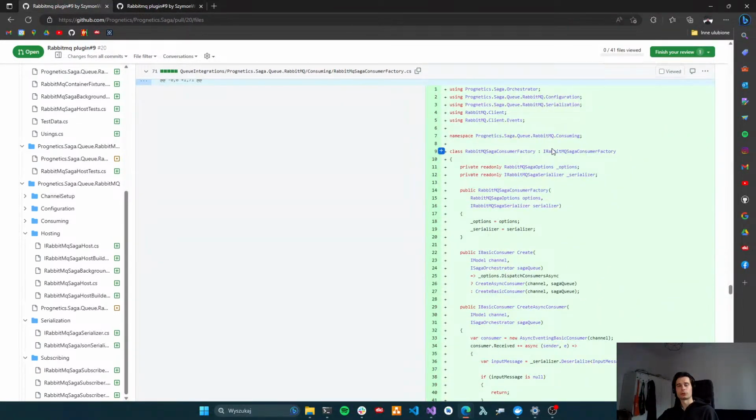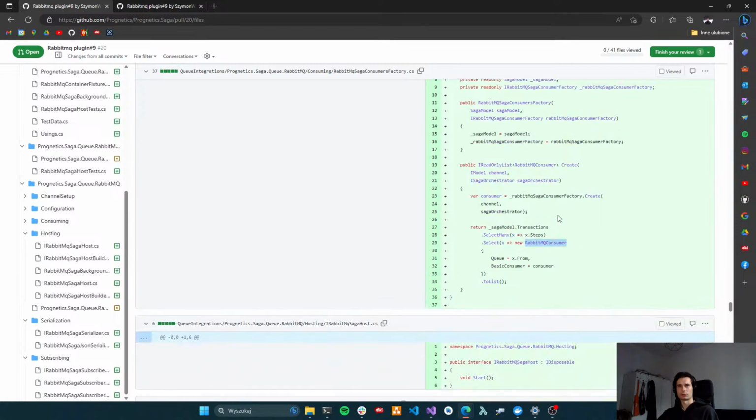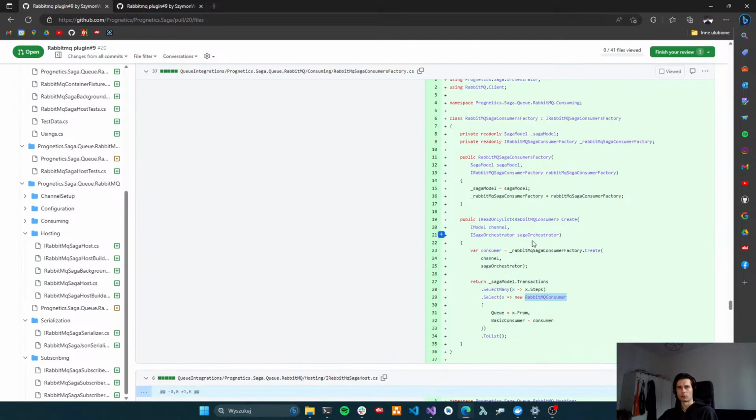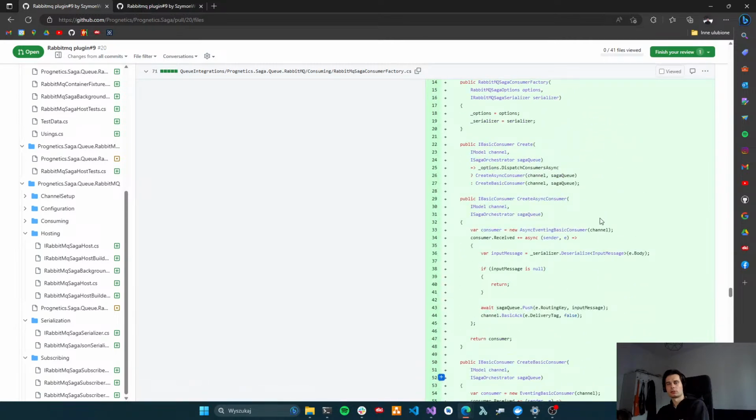Next we have the consumer factory. Here we create this consumer and pass it to the RabbitMQ consumer model for our hosting service, and this consumer has the callback when we receive a message from RabbitMQ. We have two versions right now. It looks like that because this only has a dispatch consumer async